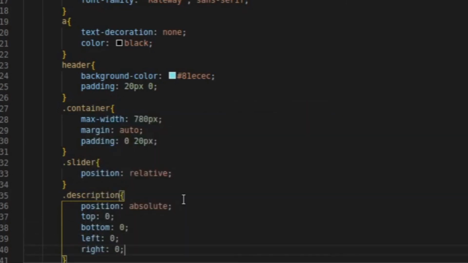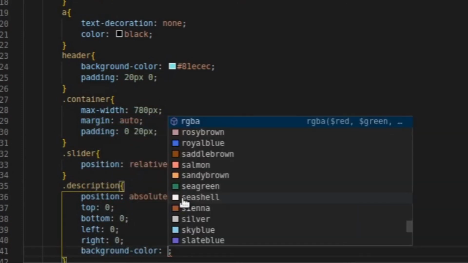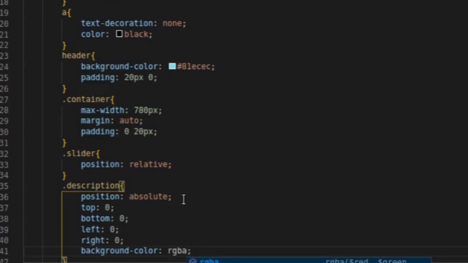The background color should be RGBA because it would be an overlay. Put the values. This should be black, and alpha represents the transparency. So I want this to be 50% transparent. Let's set 0.5,